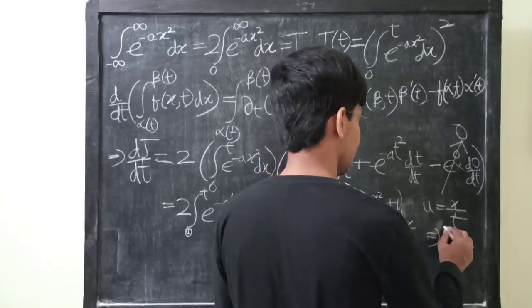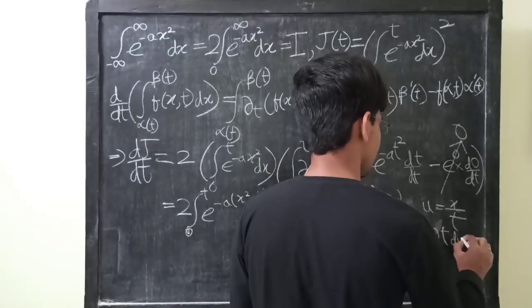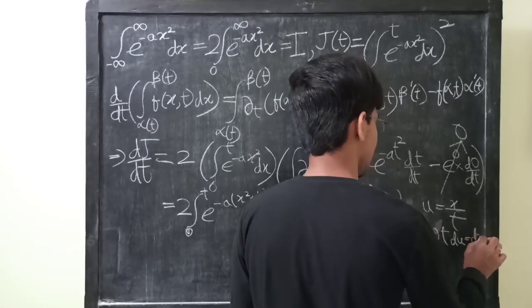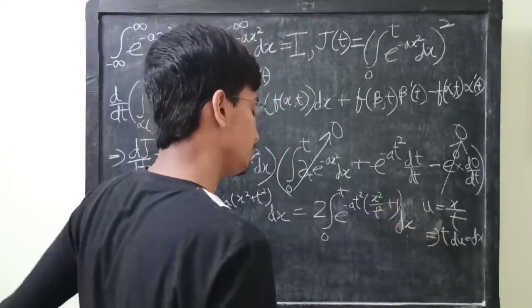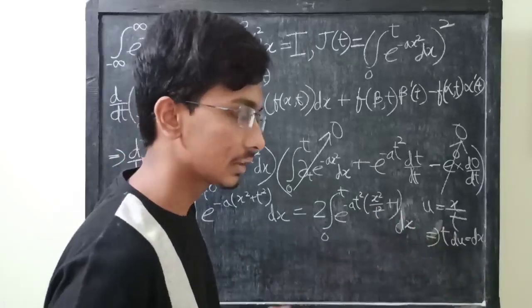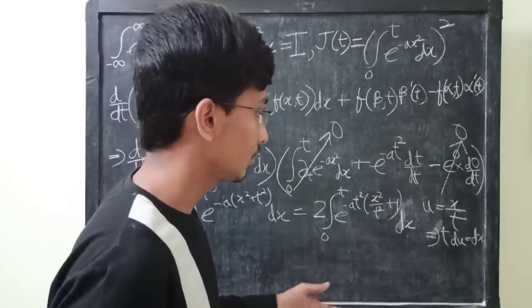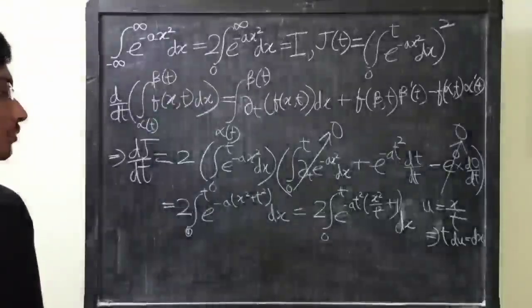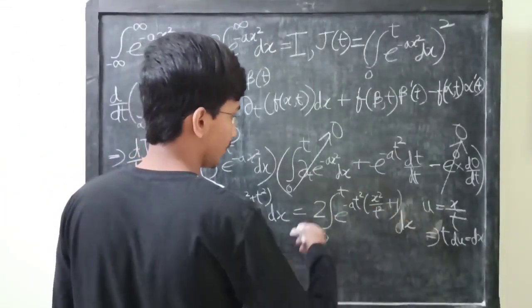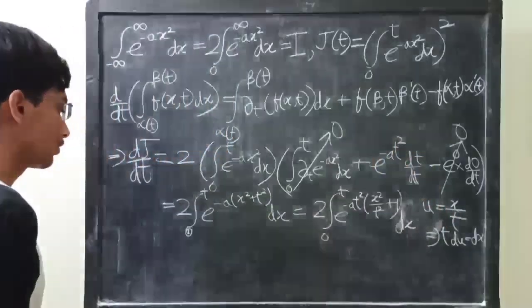Then we will have t du equals dx. Taking this t on this side and then differentiating with respect to x, we have t du equals dx. So converting this whole integral in terms of this t and u, we have